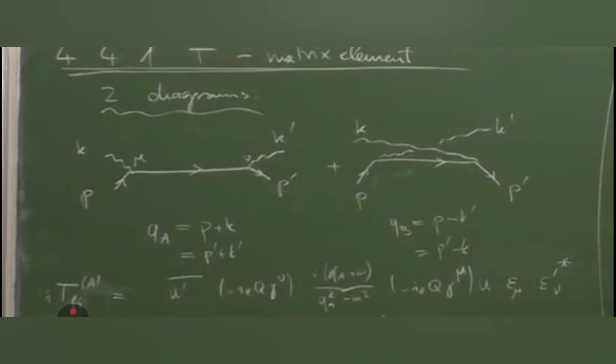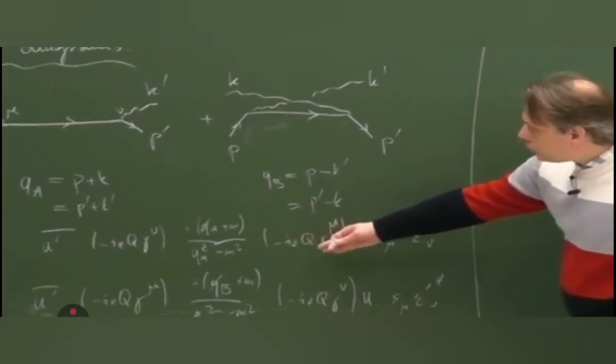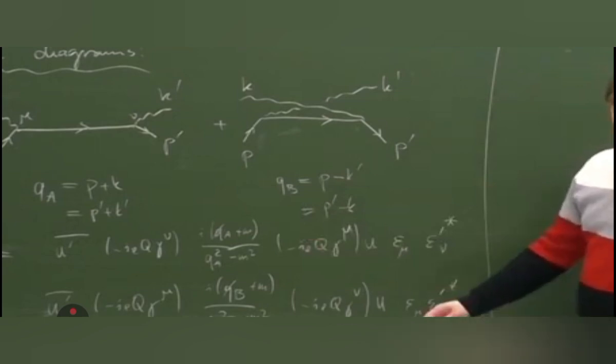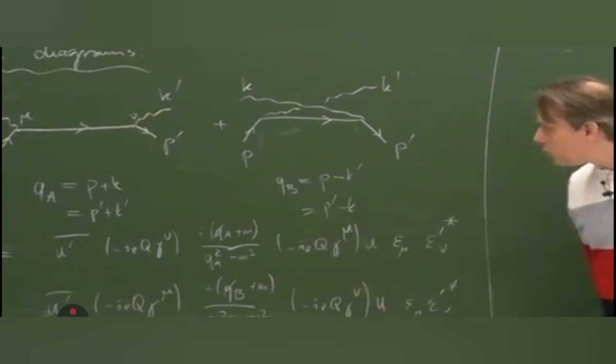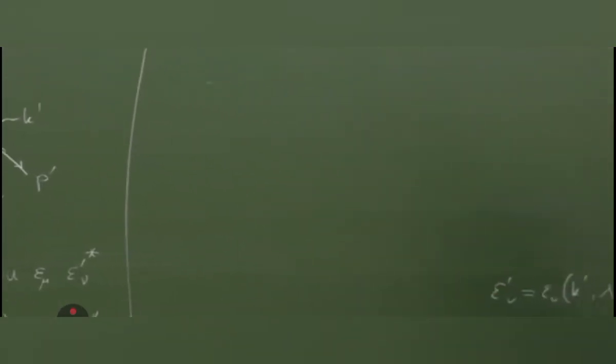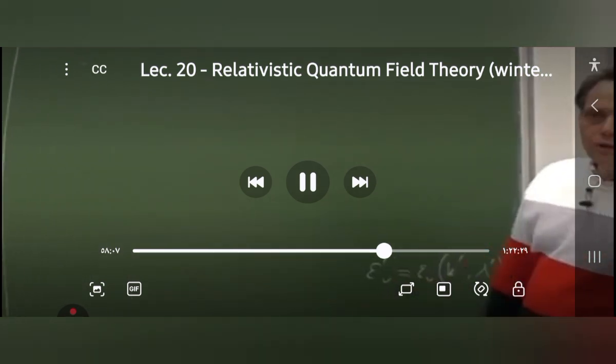One could now simplify a little bit and, for example, collect the factors of i and minus 1 and so on, and collect the factors of e times q, as we did before. We will do that when we calculate the process explicitly, but let us look a little bit at some structural properties of the amplitude.